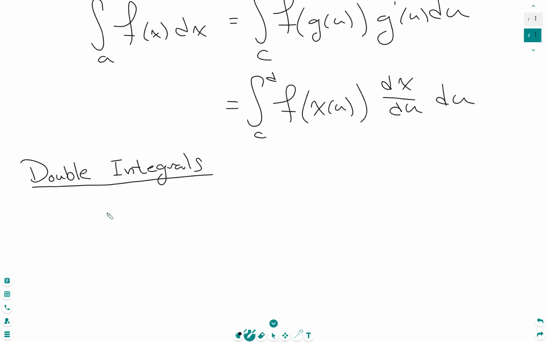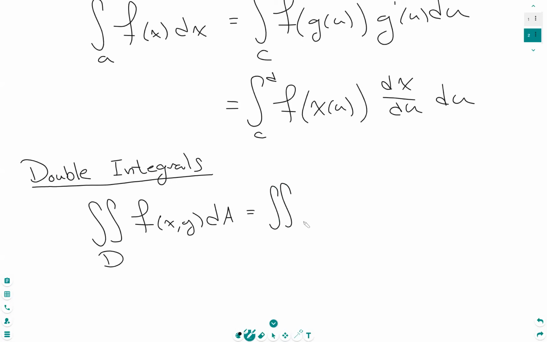We learned that if I wanted to do an area integral over some region D of f of x, y, dA, we rewrote this as f of r cosine theta, r sine theta,